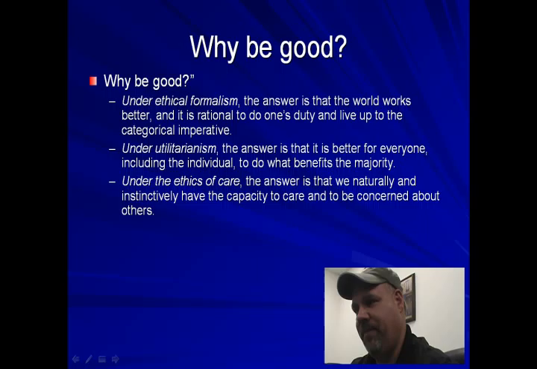Why be good? Under ethical formalism, the answer is that the world works better, and it is rational to do